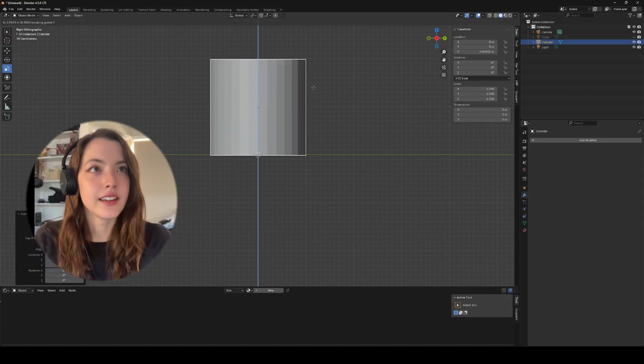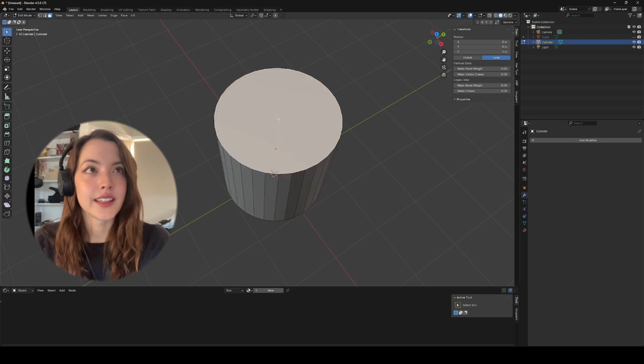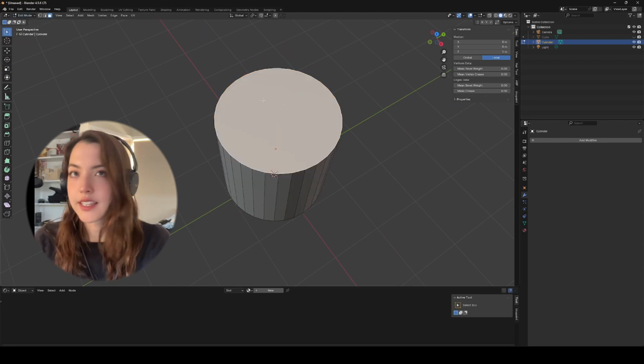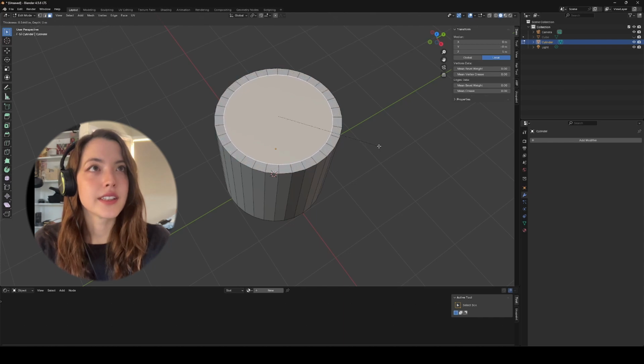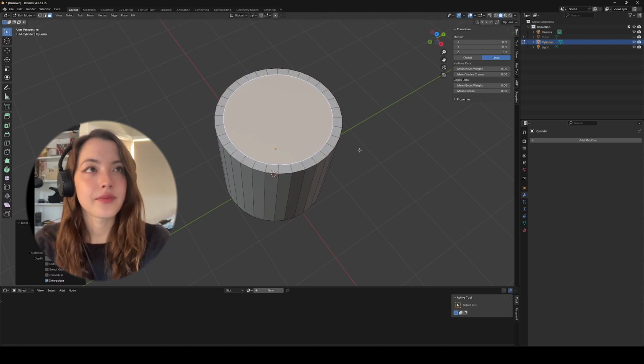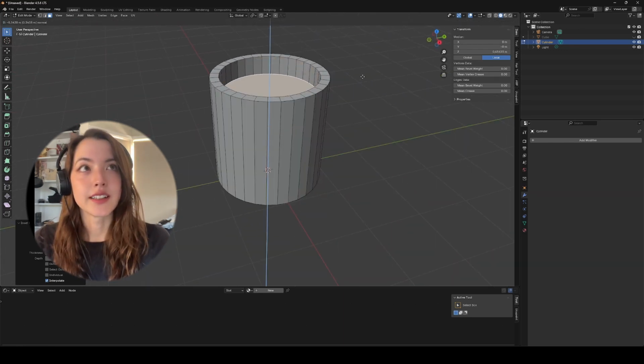Press G, Z to lift it up to the ground. We're going to go to Edit Mode, Face Select. Click on this top face here, and we'll press I to insert the face, and then move this inwards to add some thickness. We'll press E to extrude and drag this down,